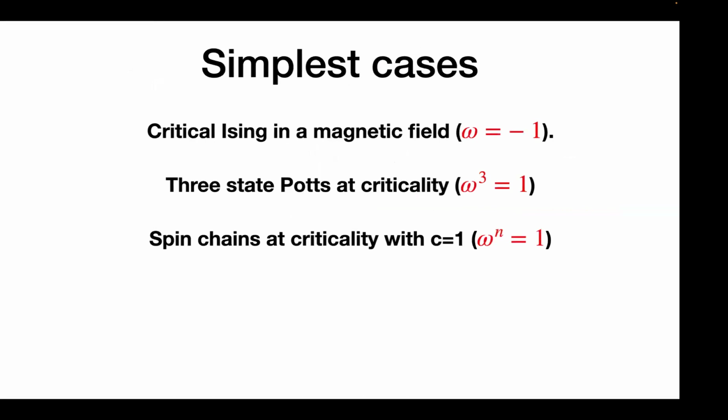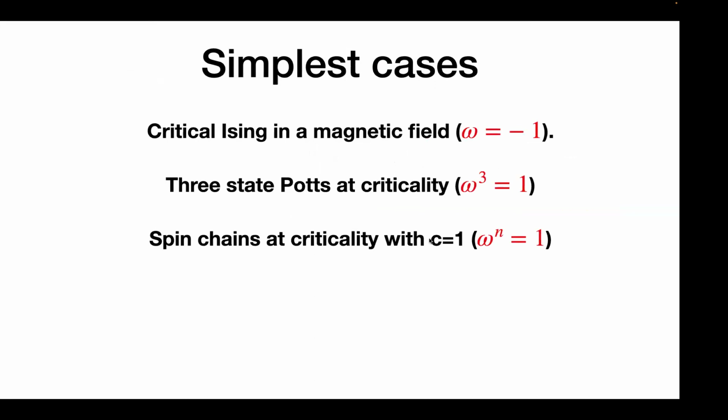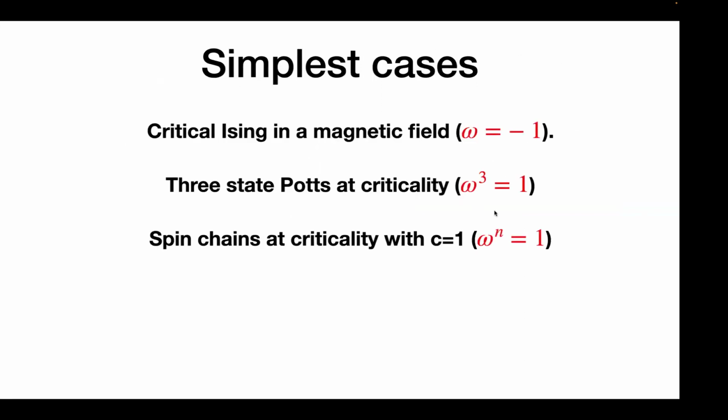So what happens here, if you actually look at what you get, is that if you have omega equal to -1, then the clock shift symmetries are 2x2 matrices, they're Pauli matrices, and then this Hamiltonian is critical, the Ising model in a transverse magnetic field. If you do 3x3 matrices, you get 3-state Potts models at criticality. And then for n bigger than 3, you get spin chains at criticality with central charge equal to